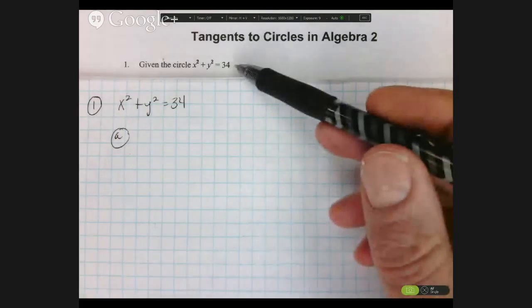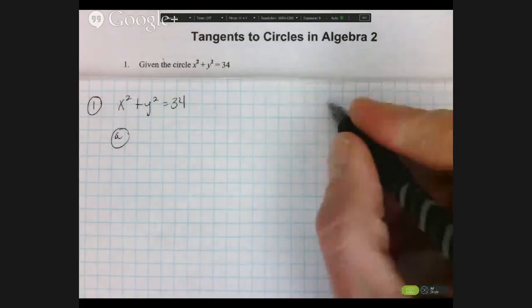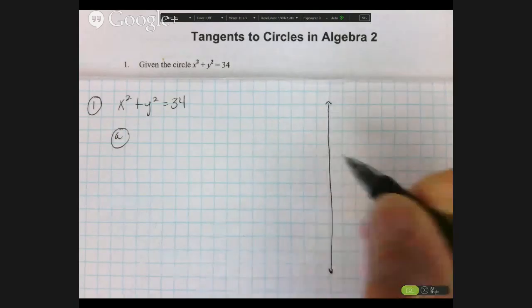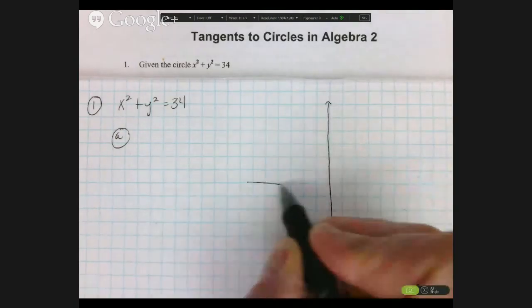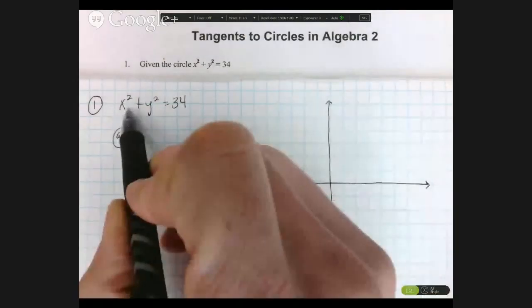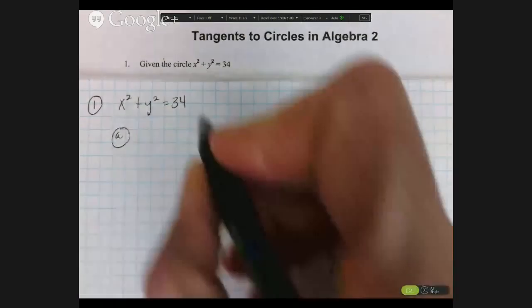We have a circle. The first thing I want to do is graph it for you, just so we're all on the same page. Gives us a good visual. Center is 0, 0, and the radius